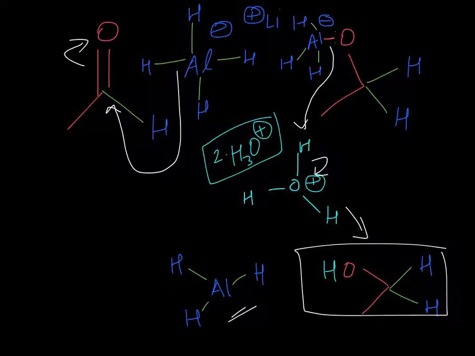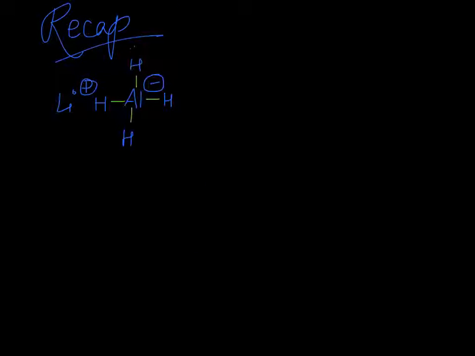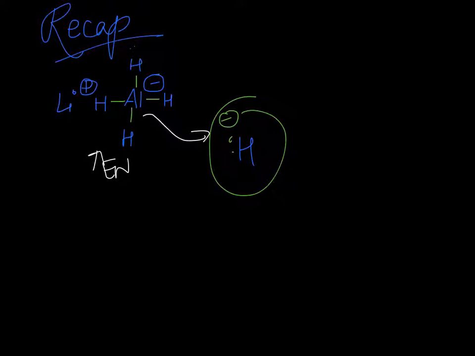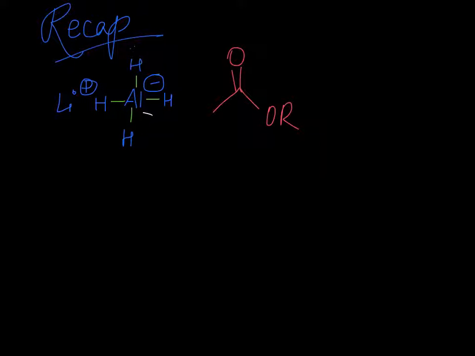3 bonds. So let's do a quick recap of what we talked about today. When the electrons in the bond here of the lithium aluminum hydride go to react with something, the electrons in that bond would go along with the hydrogen, since the hydrogen has higher electronegativity than the aluminum. So what you're using actually is this hydride ion that's pretty basic. So when you use it to react with something with a low electronegativity like a pi electrophile, you end up